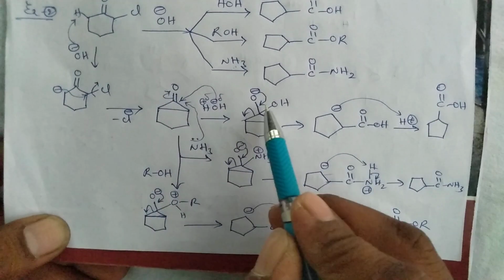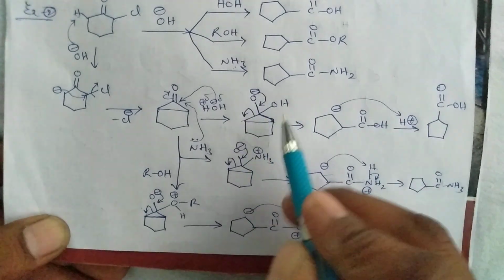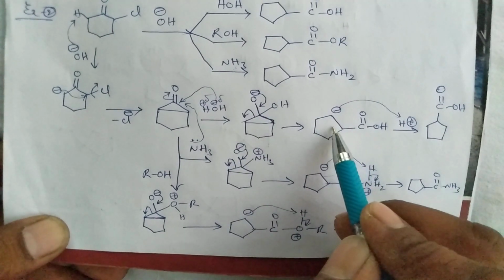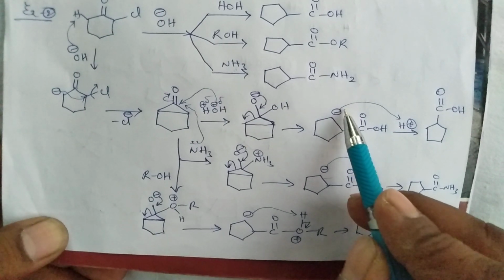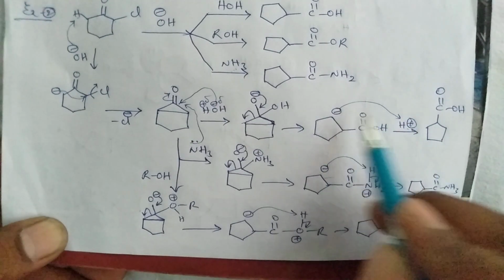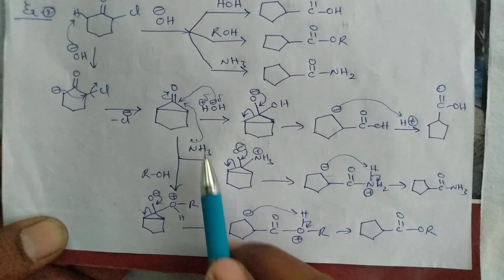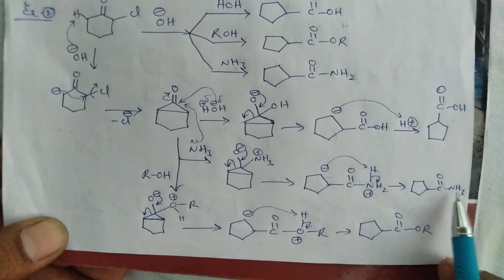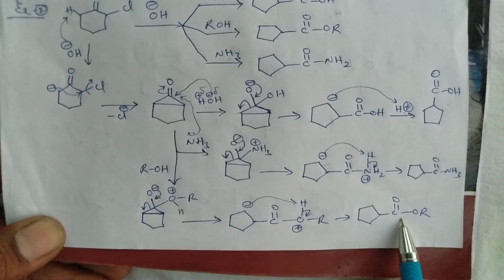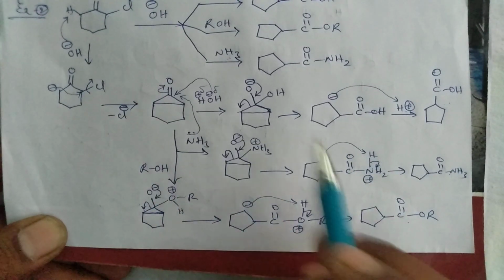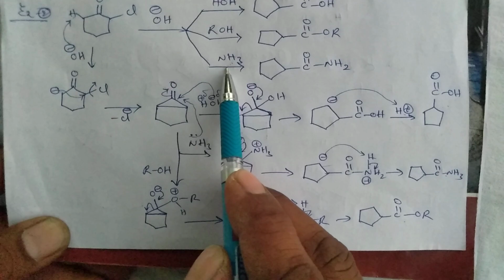So when the OH group attacks this carbon center, first this bond pair electron shifted towards oxygen, then by the rearrangement of electrons, the ring opening takes place and it gets converted into a 5-member ring system. So here this negative part of the carbon center is treated with the acid, which abstracts the H plus ion and produces carboxylic group. Okay, so when it is treated with ammonia, it produces amide, when it is treated with alcohol, it produces ester. So the reaction mechanism is the same for water, alcohol molecules and ammonia.